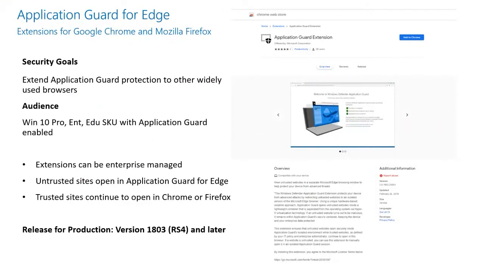So like we mentioned, we have application guard for Office, but this is a small segue: we not only have application guard for Office, but we also have application guard for Edge. In application guard for Edge, untrusted websites open inside the application guard for Edge container. But we also realize that Microsoft Edge is not the only browser that people use. There are other popular browsers like Google Chrome and Mozilla Firefox. So for both of these third-party browsers, we have